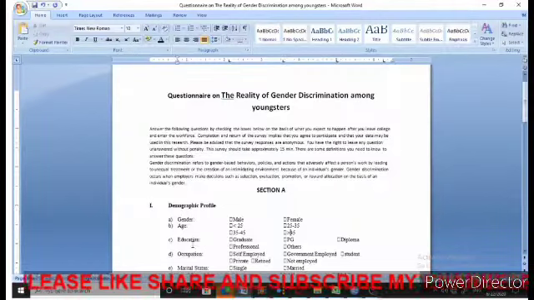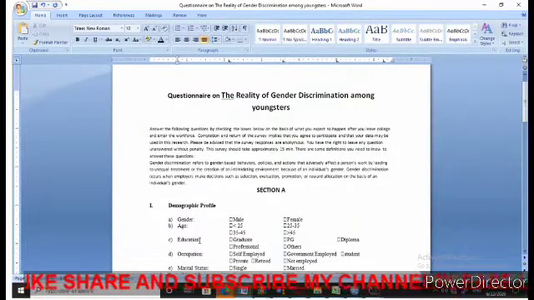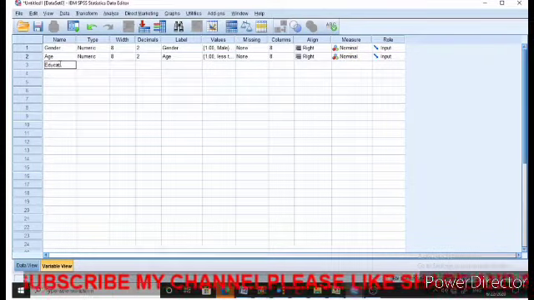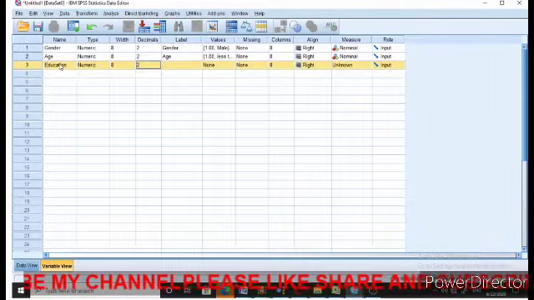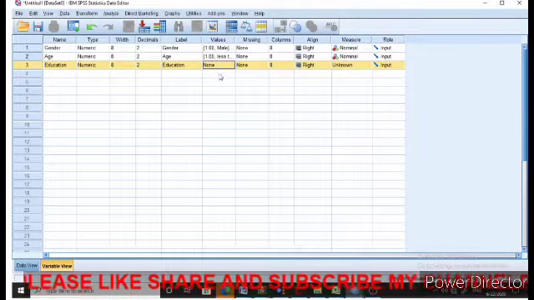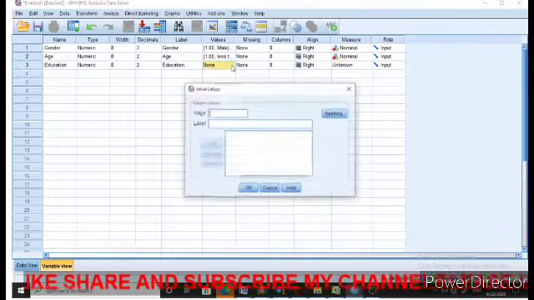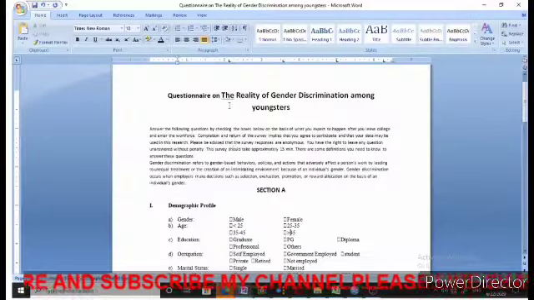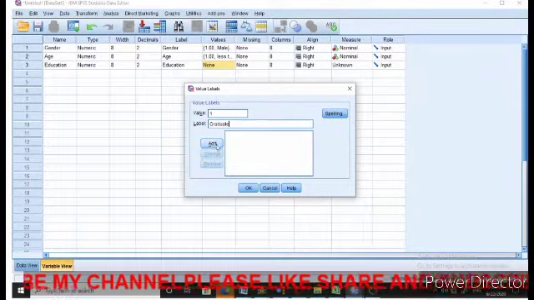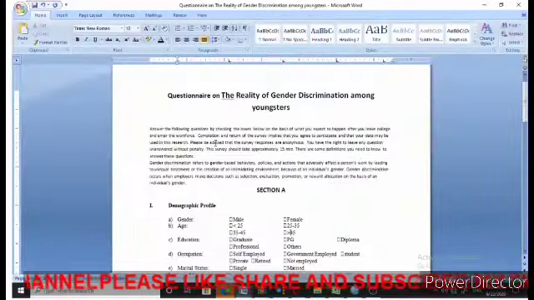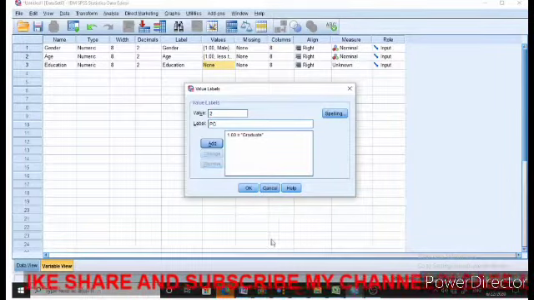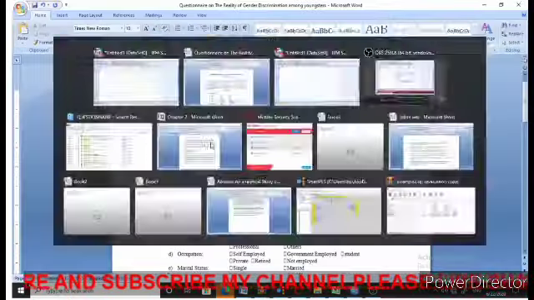Similarly, coming to the next one, that is education. So again I will make the entry, education. Again it will be numeric. Now here again we have to define the classes or the values. That is, first means what values I have assigned: graduate. First is graduate, add. Second, we can see on second number it is PG, right?